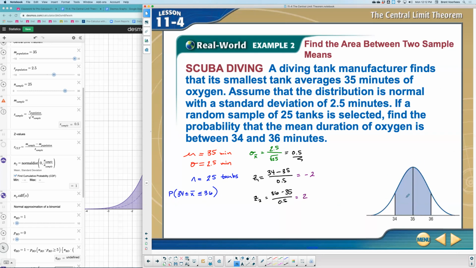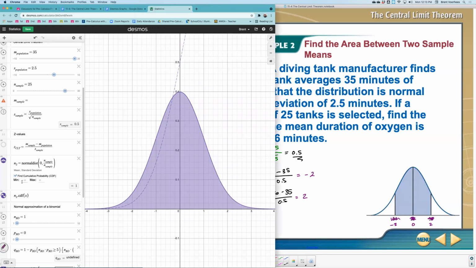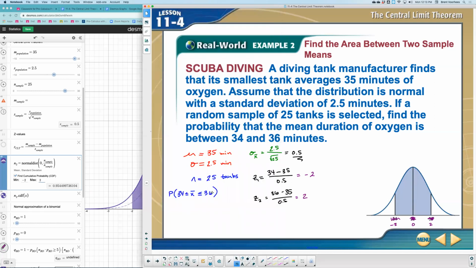And so ultimately, if you want to look at this as a standard normal distribution, this would be 0. And what we're looking at is we want to know the probability of the area being between the z values 2 and -2. That's truthfully what we're looking for. If these are the z values, that's where we're looking to get the probability. So I'm going to say from -2 to +2. The probability that, when we draw 25 tanks, the mean of those tanks is somewhere between 34 and 36 minutes of oxygen, is about